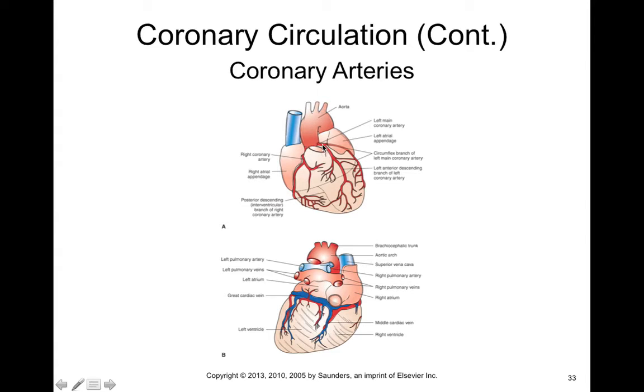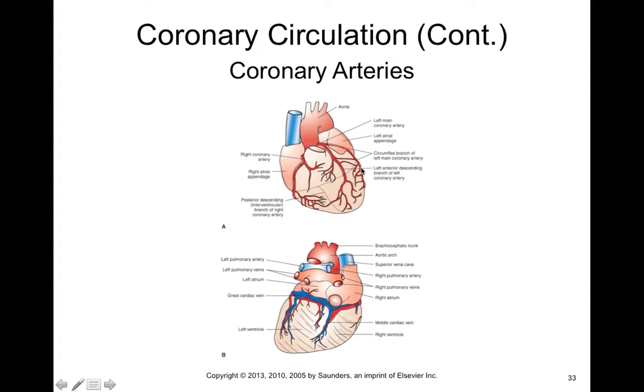So the coronary arteries actually emerge from the aorta almost immediately as that aorta begins. So what this means is that the left ventricle, pumping oxygenated blood out through the aorta, will have a small fraction of that blood that's being pushed up through the aorta leave the aorta and enter the left and right coronary arteries. Now the left coronary artery will branch into a left anterior descending or left anterior interventricular artery, as well as a circumflex artery,